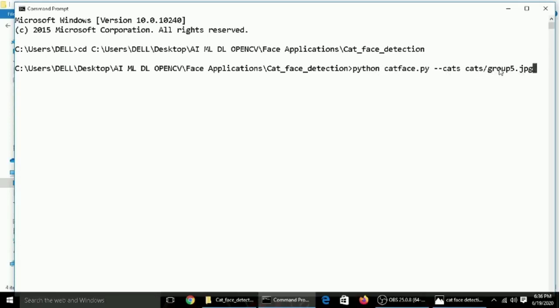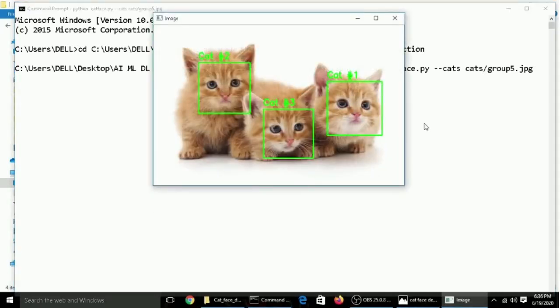If you have saved the image in the same folder and not in a separate folder, then the cats and this slash would not come. So we will press enter and execute it. It will take some time. As you can see, the face is detected properly with cat 1, cat 3 and cat 2. In this image we had 3 cat faces, so it has detected properly.